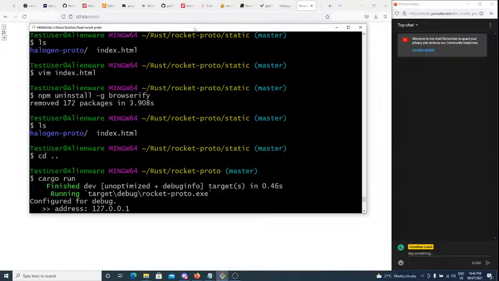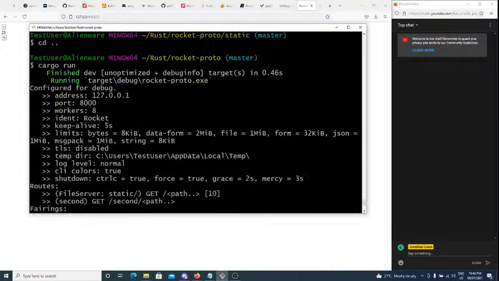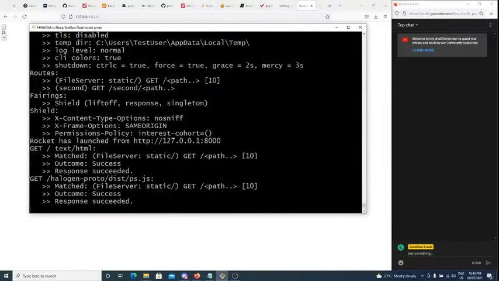But that seems to be the main reason why people here like to use Halogen. Halogen is written purely in PureScript, and it is the PureScript community, so dog fooding. So anyway, Halogen tangent aside, I did manage to get my Rocket application, or my Rocket prototype, working with this PureScript project using Halogen. I called it Halogen Proto. As you can see, it's running right here.